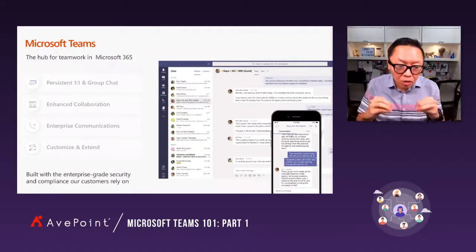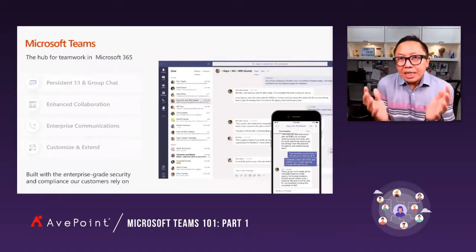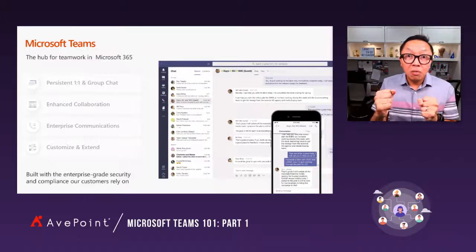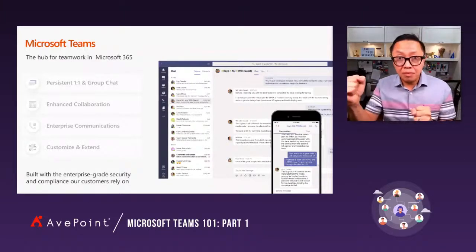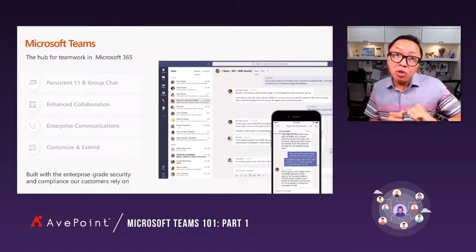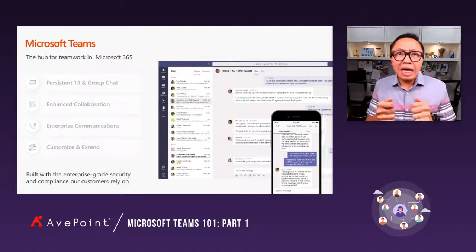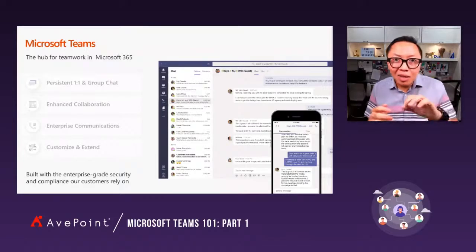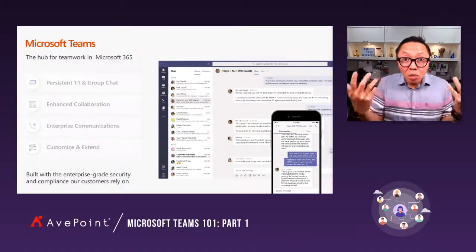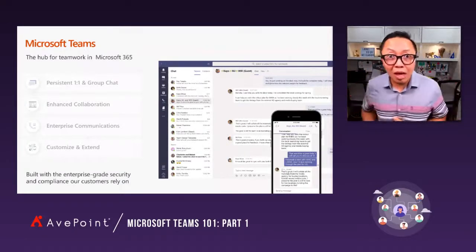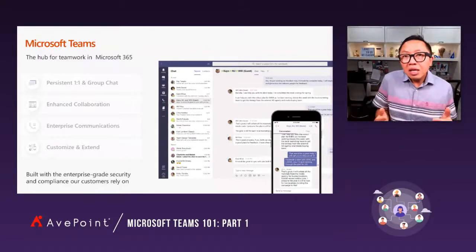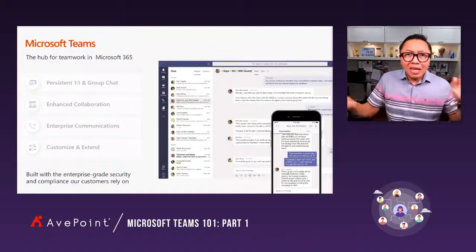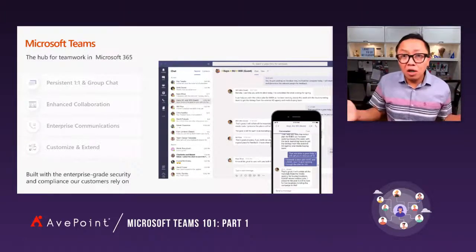Well, listen to me before we jump right into Teams. You see, a lot of times, right, when we think about tools, it's always a one-trick pony. When we do calls, we're going to use Skype. When we do chat, maybe we use WhatsApp. When we do task management, I'm going to use Asana. When I do documents, I'm going to use Office. And that's what we're conditioned to do. In fact, in our consumer life, right, there's an app for everything. But then that disjointedness, that context switching has a lot of cost.